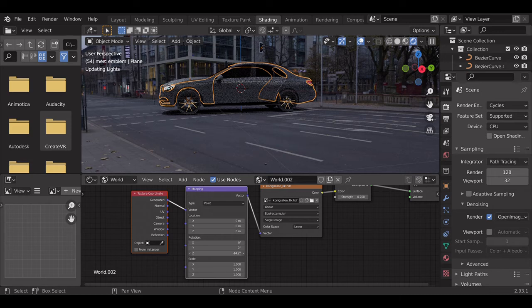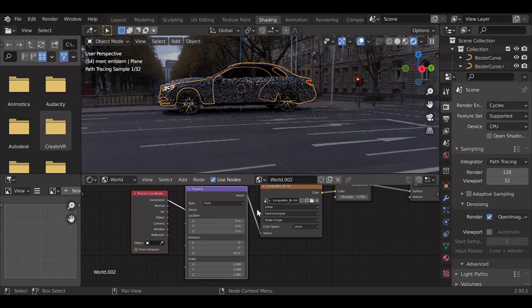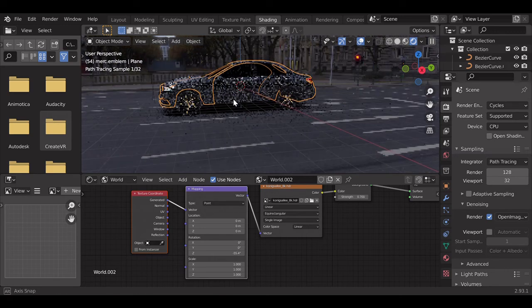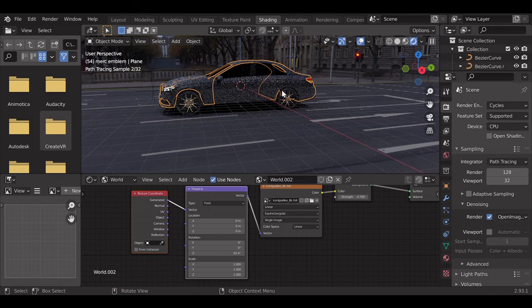So we have more control this way. Now as you can see, we have the side profile of the car, and we also have the location where we want the car to be placed in the HDRI. If I place it a little bit down, yeah, that's about it.